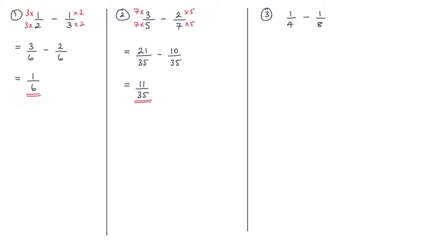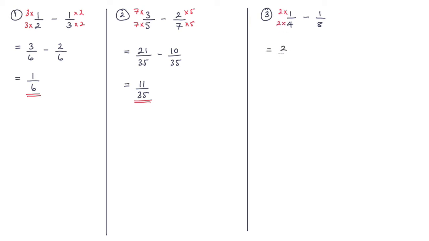On to question 3 and a similar process. Now I could multiply this first fraction by the 8 and the second fraction by the 4 to get a common denominator of 32, but if I'm clever I should notice that all I need to do is to get a common denominator. Now a common denominator here would be 8. It's very easy to multiply this 4 just by 2. So multiplying by 2,